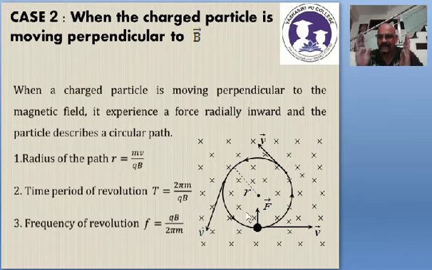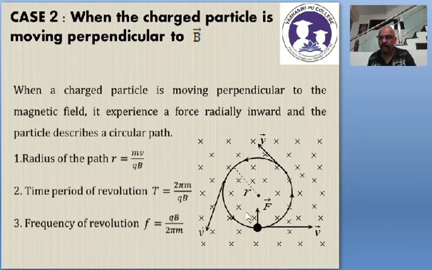So dear students, just keep this in your mind. See that the charge is moving along, say, the positive x-axis with a velocity v. A magnetic field is applied along the z-axis, perpendicular to the velocity, theta is equal to 90. Now the angle between velocity and magnetic field is 90 degrees. Now the charge will experience a force in the direction perpendicular to both velocity and magnetic field. Perpendicular to both magnetic field and velocity is the force.